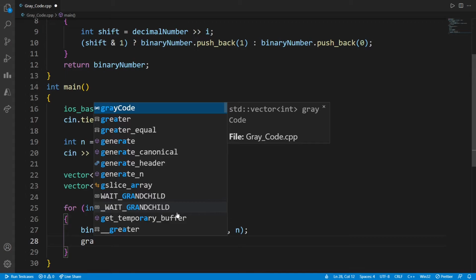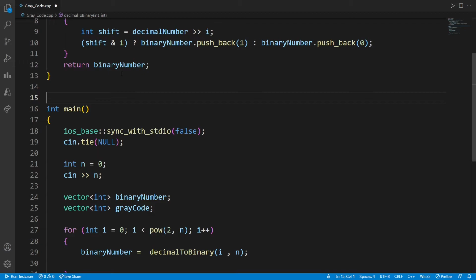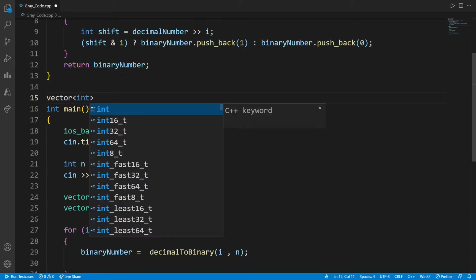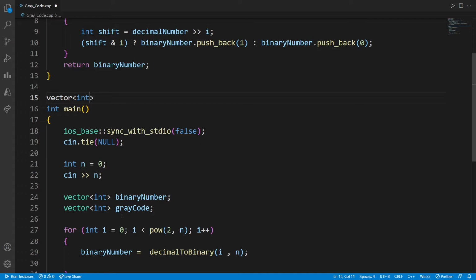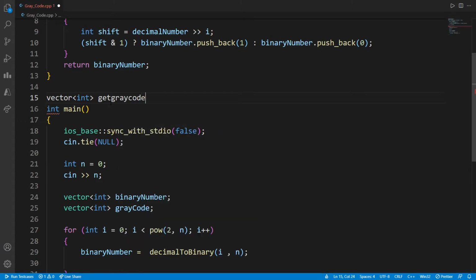So let's make another function and call it gray code, and it is going to return a vector, which would be our gray code store. Let's call this get gray code, and it is going to accept binary numbers.